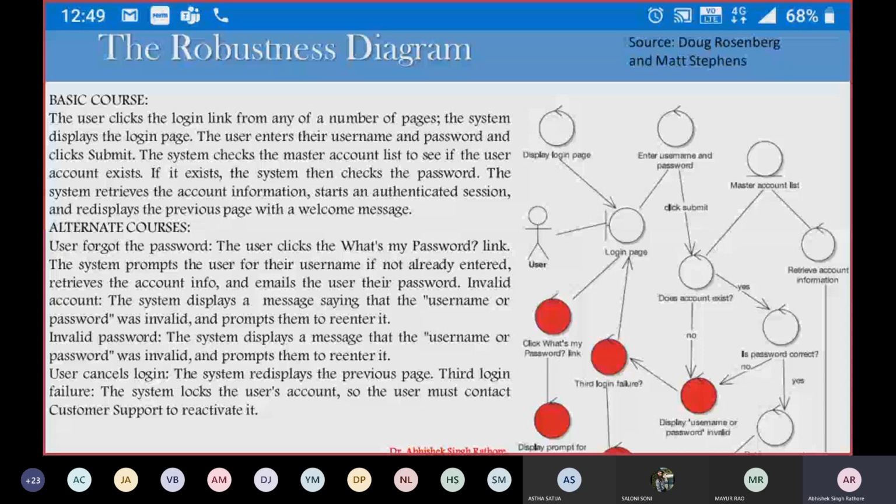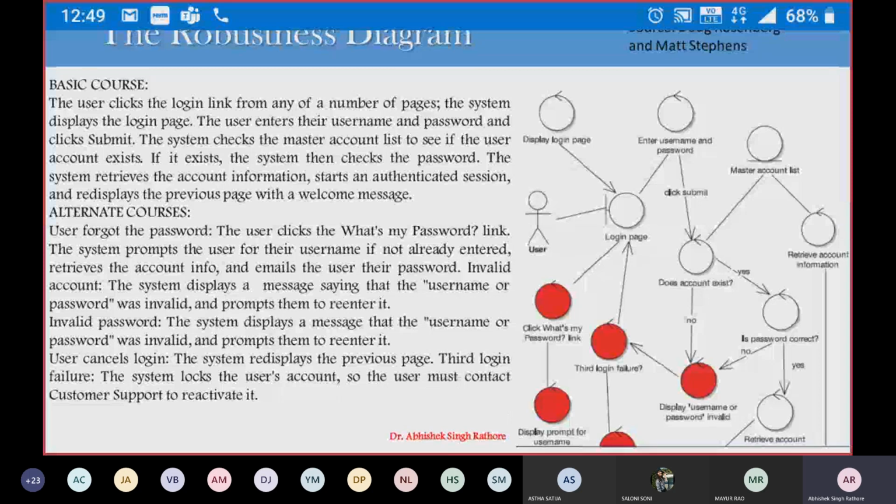For this login page we have a controller object that can dynamically generate the login page. This is the display login page controller.